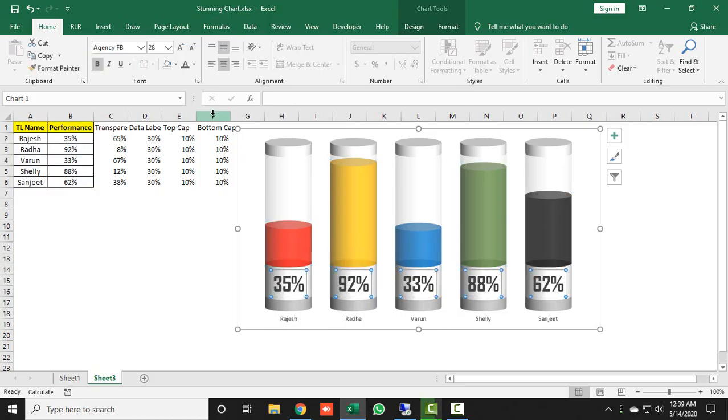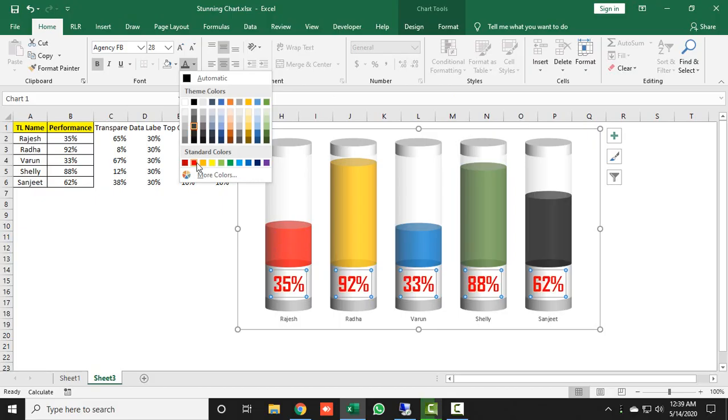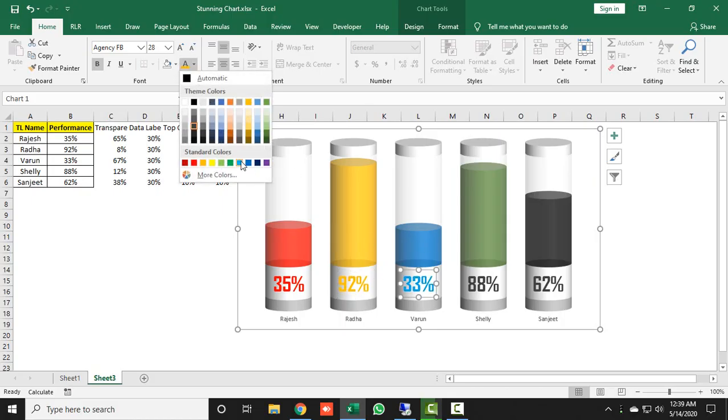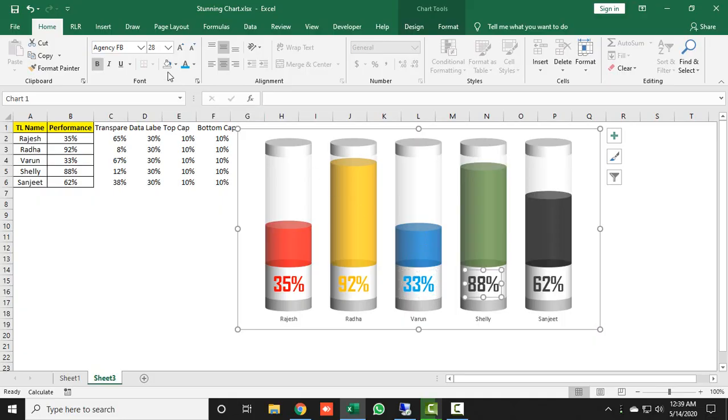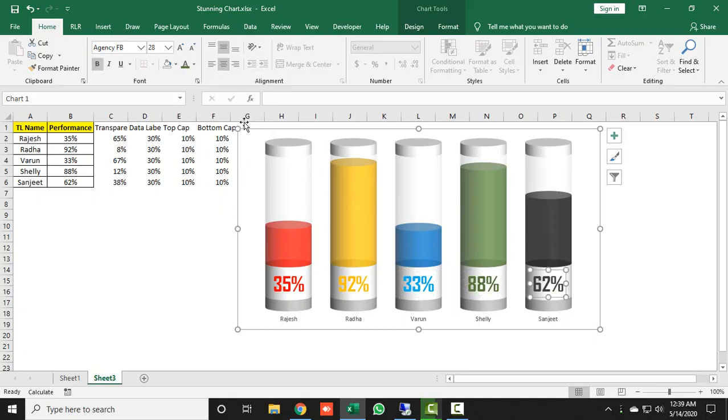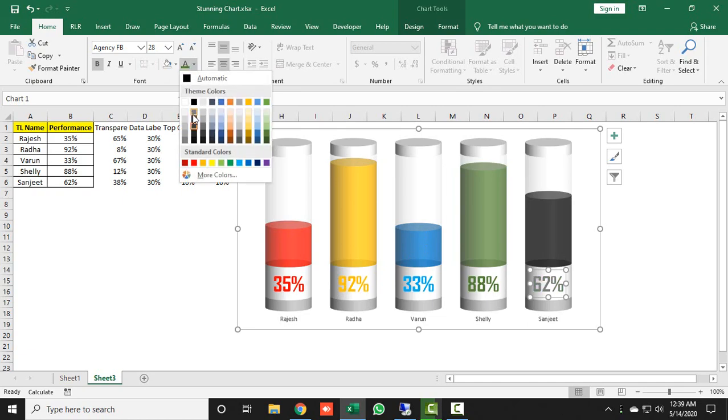So the font color would be, select each and every one, so that would be red, this one would be orange, this one would be blue, this one would be green, and the last one would be black.